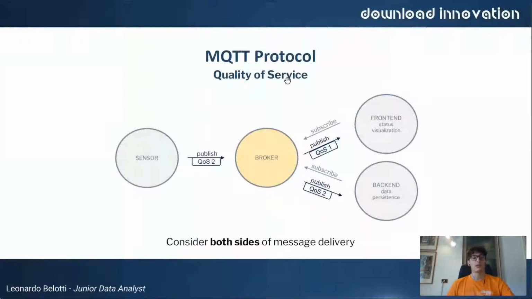We can specify a quality of service for both the two stages of communication. So let's recall our example with a sensor that is sending the temperature and the status information to the broker. We have a backend that wants to be sure to get all the information, and so defines a quality of service equal to 2, while the front end, which we imagine should be a web app, very light and very responsive, just wants a quality of service 1,